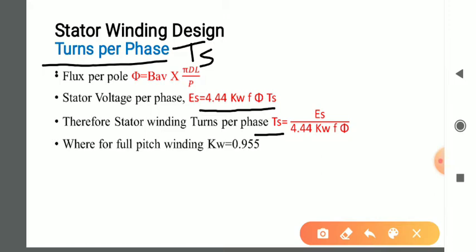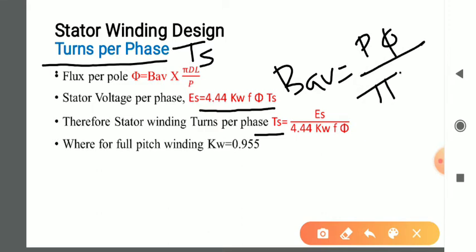But in most examples the phi needs to be calculated. So phi is an unknown parameter, and it is calculated from the given value of the specific magnetic loading. As we know, the specific magnetic loading Bav = P phi / (pi D L),